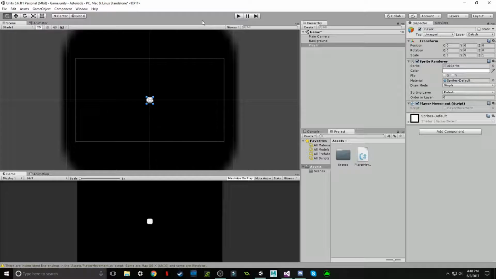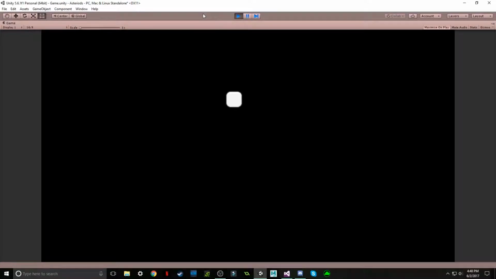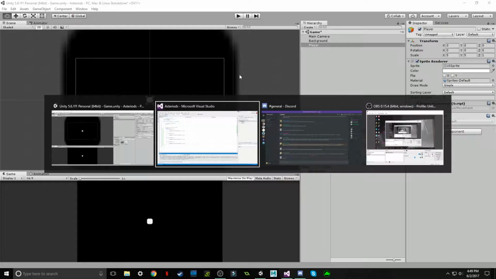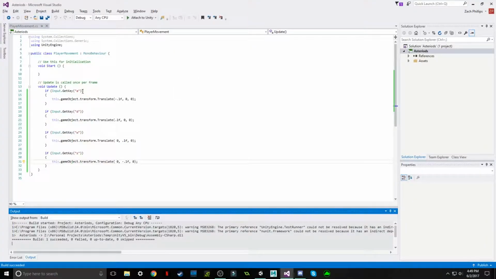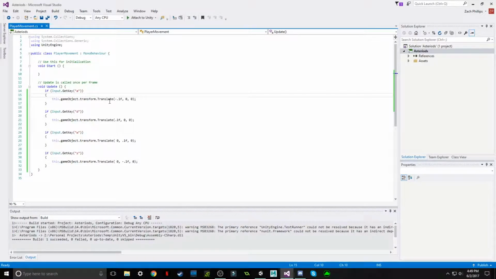There we go. Get that to load, and yes, that is definitely a lot better. So we do have the problem now of the player can go off screen. We don't really want that to happen, so let's put some limits on what the player can do. Let's say if the A key is pressed down and